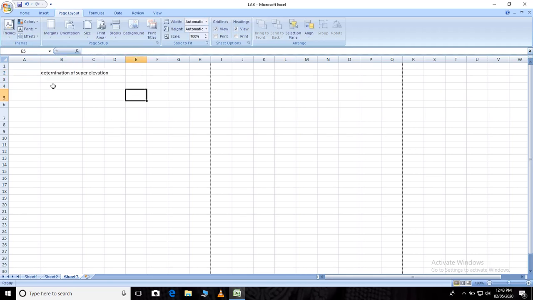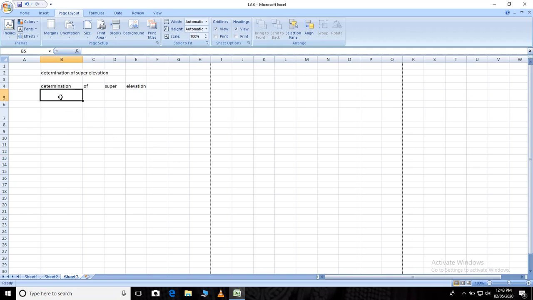You don't have to type like this: determination, then in the next cell again super, then again elevation. This is totally wrong. How do you have to do it?